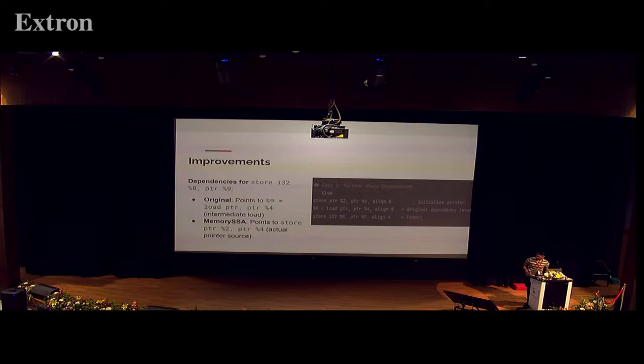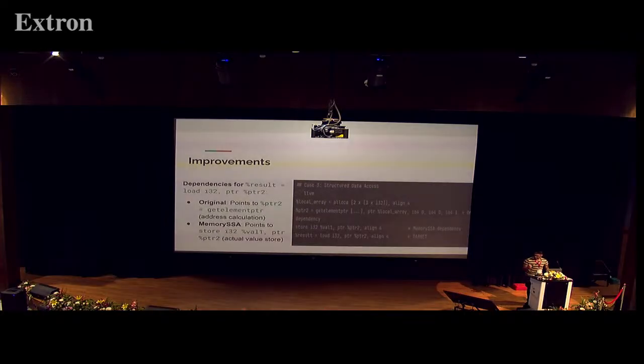For example, in this case, if you see, the store instruction which takes the contents of 8 and stores them to 9, the reaching definition which IR2Vec gives us is the definition of 9 as a load pointer. But with memory SSA, we reach the initial store instruction which actually wrote to that memory location. So semantically, this is a much more correct way of getting the reaching definitions. In another example, look at the result instruction. Result is trying to load the contents of the pointer to variable. With the native IR2Vec, we get the get element pointer definition, which defines the pointer to. But with the memory SSA, we get the actual store instruction, which actually wrote to pointer to.